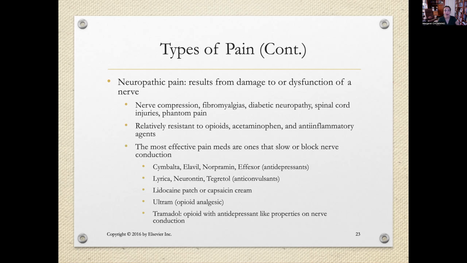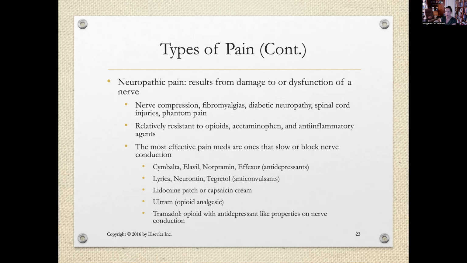Okay, neuropathic pain. This results from damage to or dysfunction of a nerve. Nerve compression, fibromyalgia, diabetic neuropathy, spinal cord injuries, or phantom pain are all considered neuropathic pain. These are relatively resistant to opioids, acetaminophen, and anti-inflammatory agents or NSAIDs. But there are pain medications that slow or block nerve conduction, and these tend to be the more popular ones